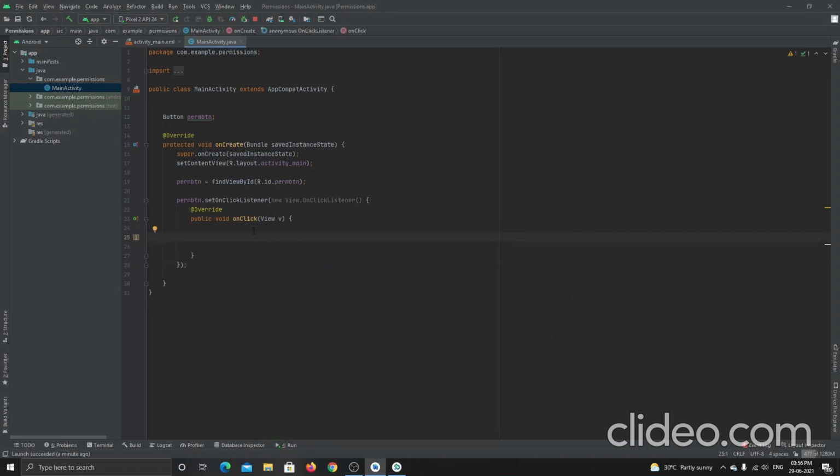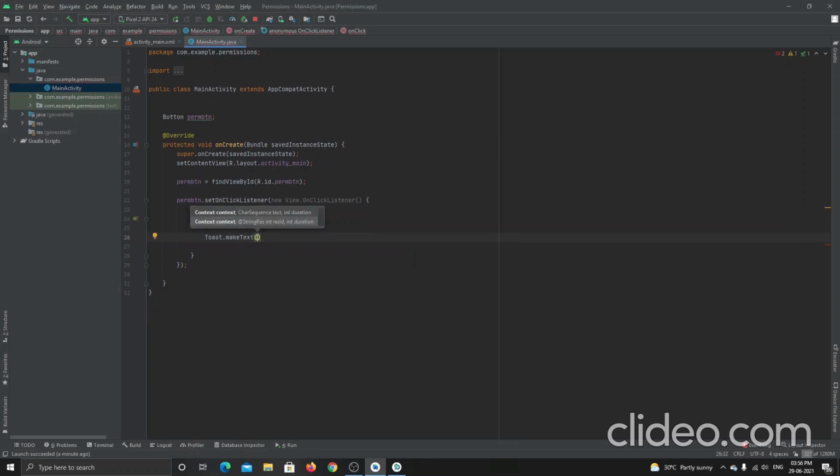If we write one message, let me type a toast message to display a toast. Toast dot makeText.